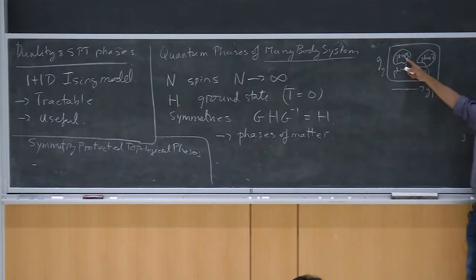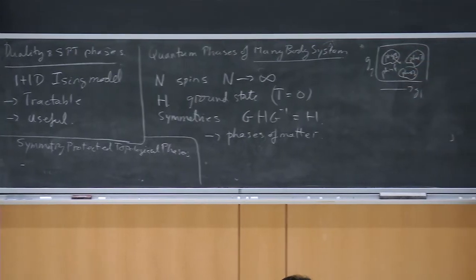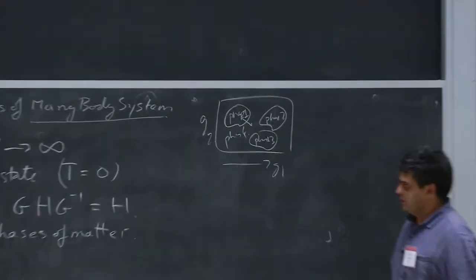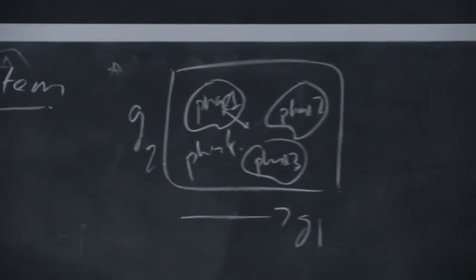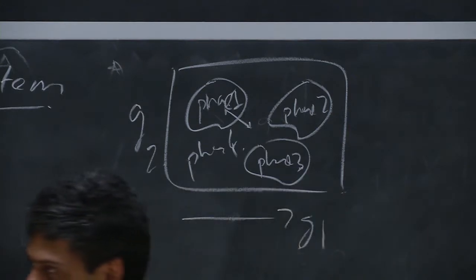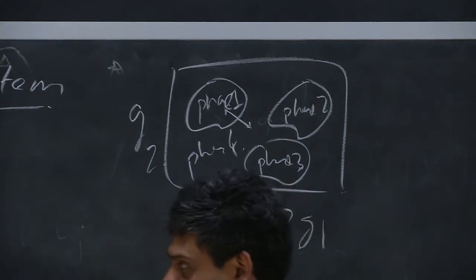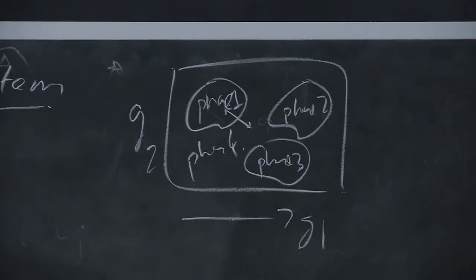Okay, and when you go from one phase to another, let's say you go from phase 1 to phase 4, something singular happens. There's some phase transition, and there's no way to avoid that. If they're really distinct phases of matter, there's no way to avoid that, and we'll see an example of that in the 1+1 dimensional Ising model, but this is the familiar phases of matter just taken into a quantum context over here. Okay, so there are different ways in which phases of matter can be distinguished.